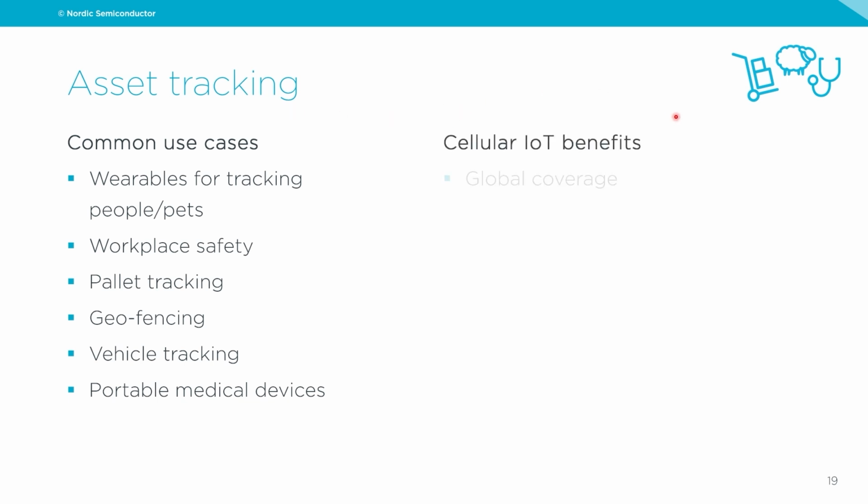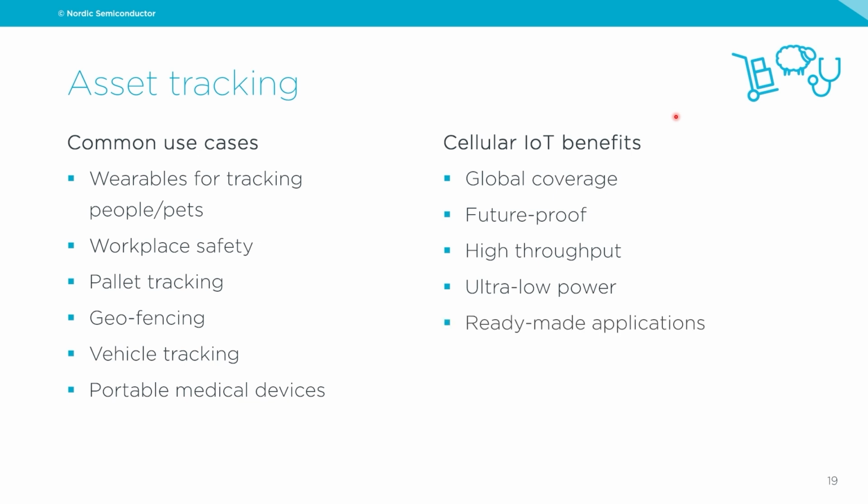So what does Cellular IoT bring here? Of course, global coverage is really important for asset tracking, especially for tracking cargo across countries and continents. Future-proof, you want to deploy a product that can be used for 10 to 15 years out in the market without having to be concerned about the connectivity. High throughput on devices that require location data to be updated very often, or ultra low power if you don't have that requirement. On one side, you might want to track something every second or every 10 seconds. And on the other side, there's something you might want to track just once every hour or once per day. So you can balance those things because you don't have to choose one or the other.